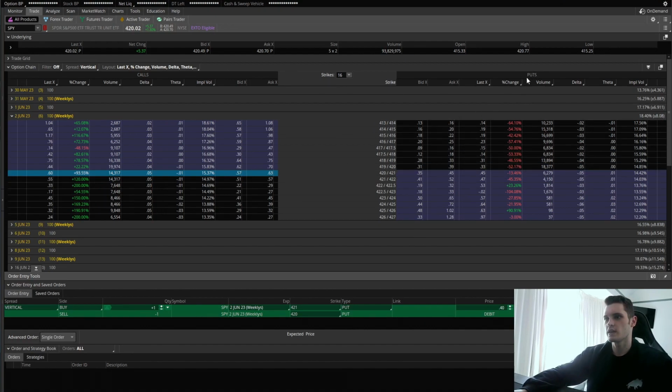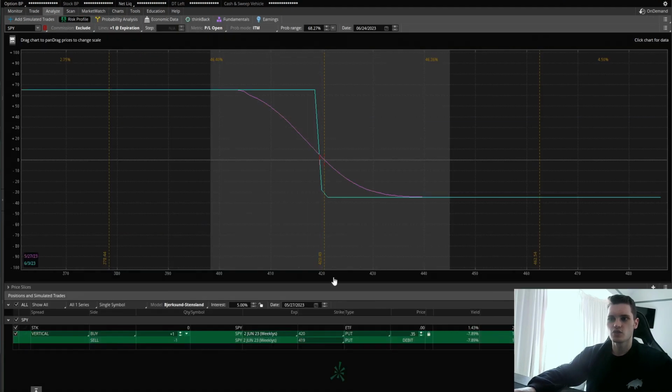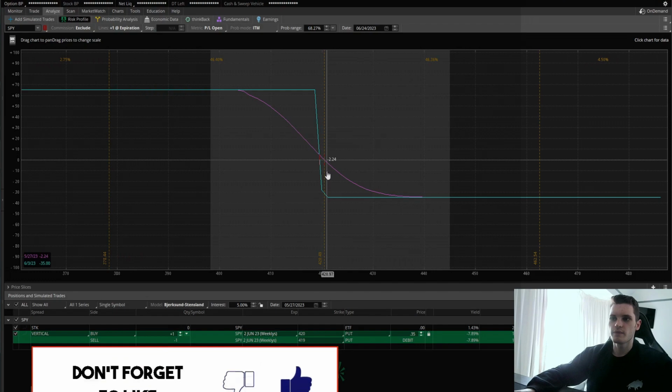What we can do is, again, look at the puts. We'll look at this one, and again, what we can do is then right click on it and click analyze trade. This is really going to be the easier place to kind of see how these will play out, because now what we can see is, again, this is a bearish move because we're doing a debit spread put. Now what we can see is if it goes above